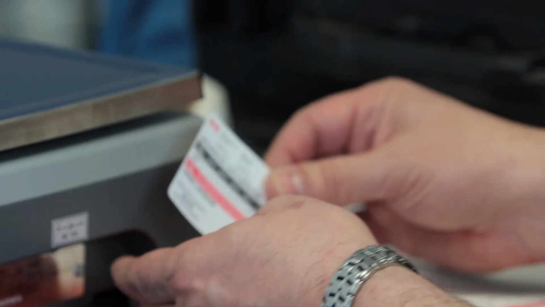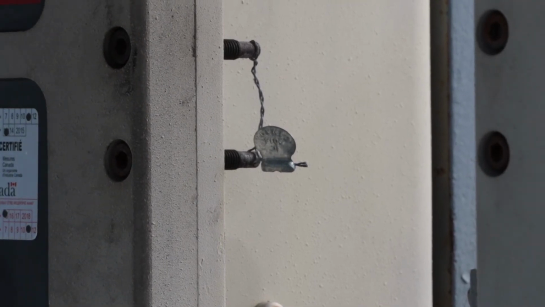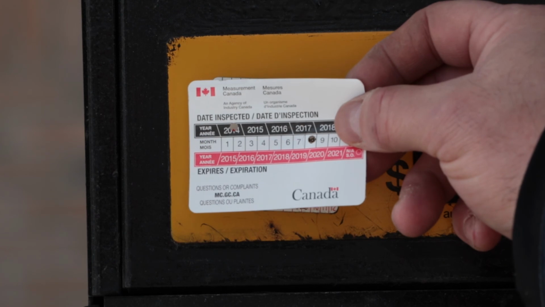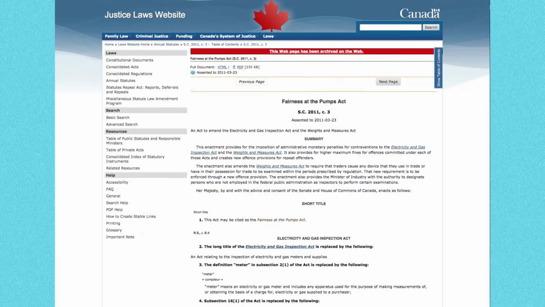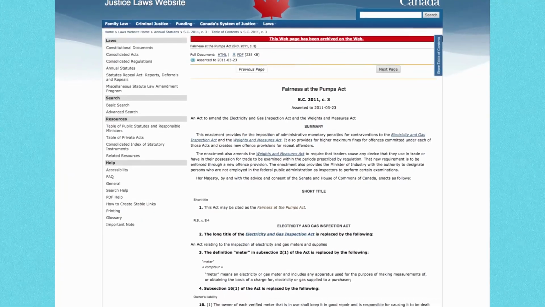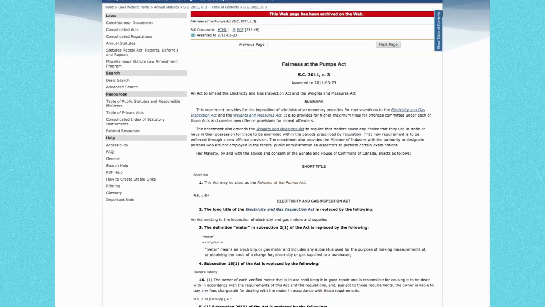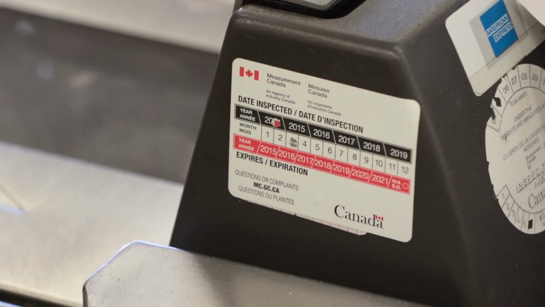Before embarking on an explanation of how seals are applied, it is important that we distinguish between examination stickers and seals. Measuring devices that have been certified are identified by an inspection sticker. As of August 1, 2014, a new version of Measurement Canada inspection stickers have been in use, replacing the previous version. These stickers serve as a visual indication to traders and consumers that a particular device has been examined.